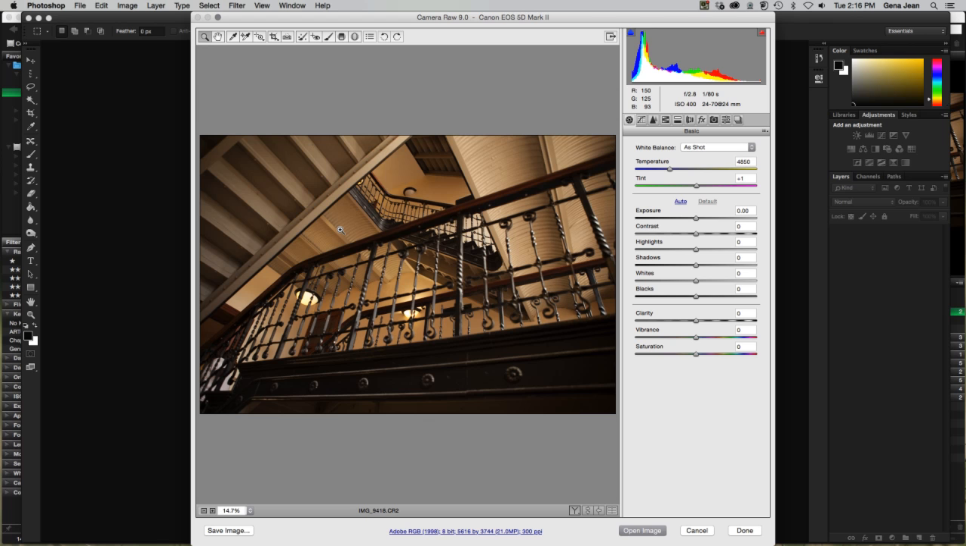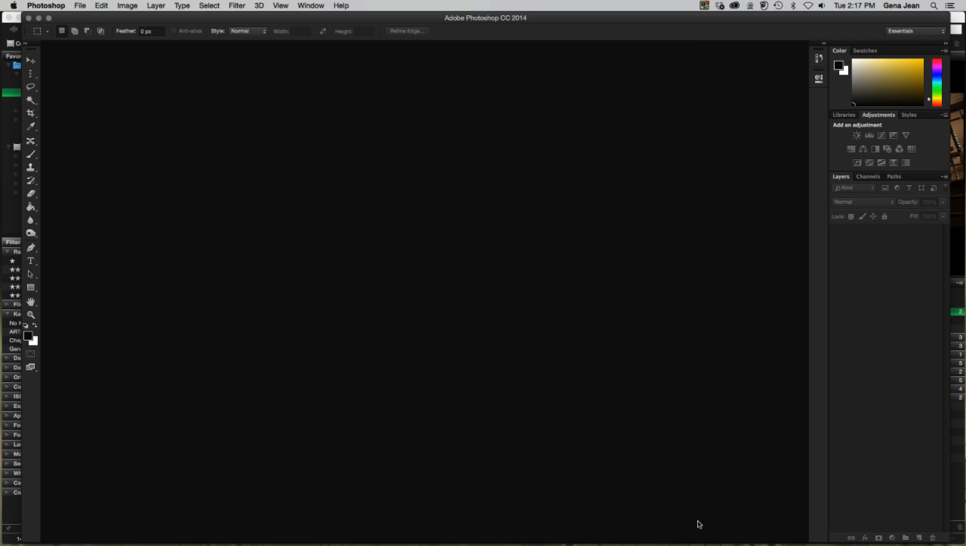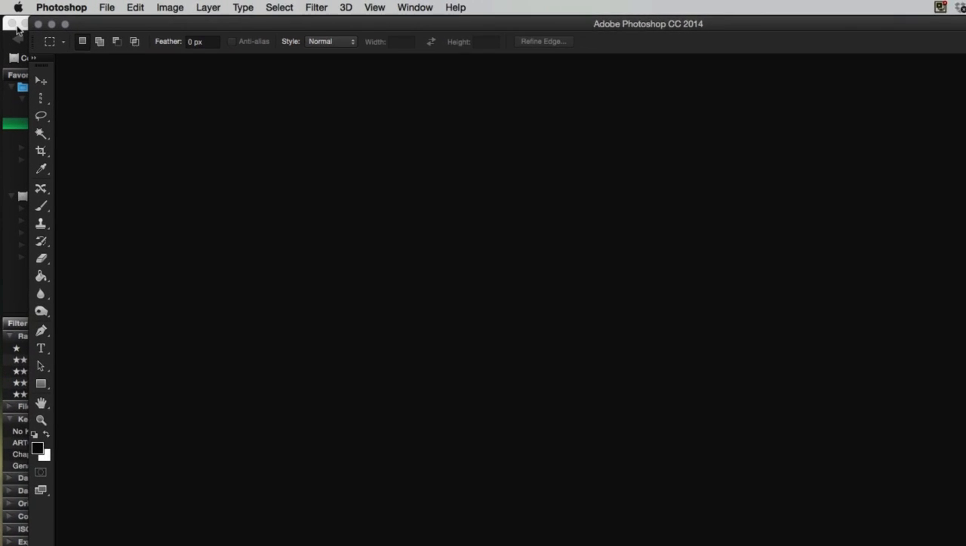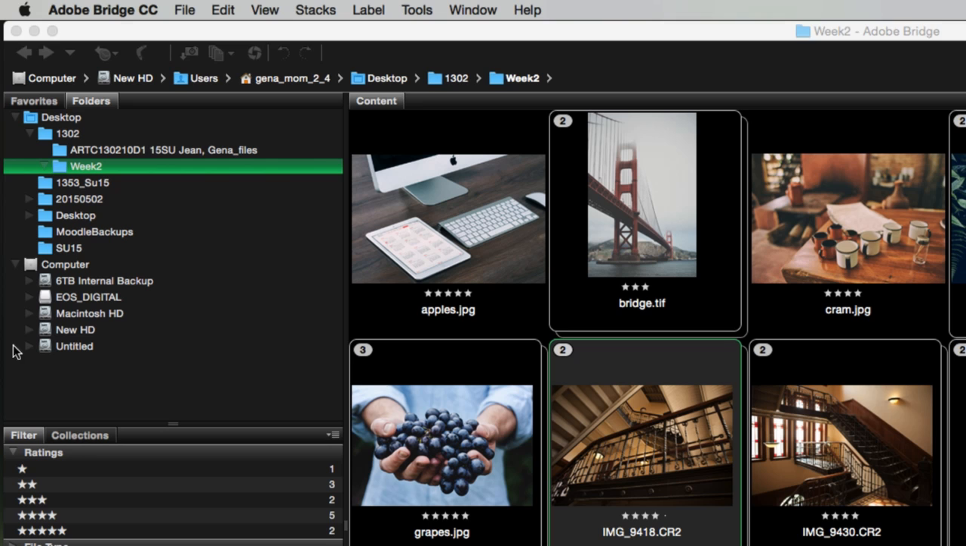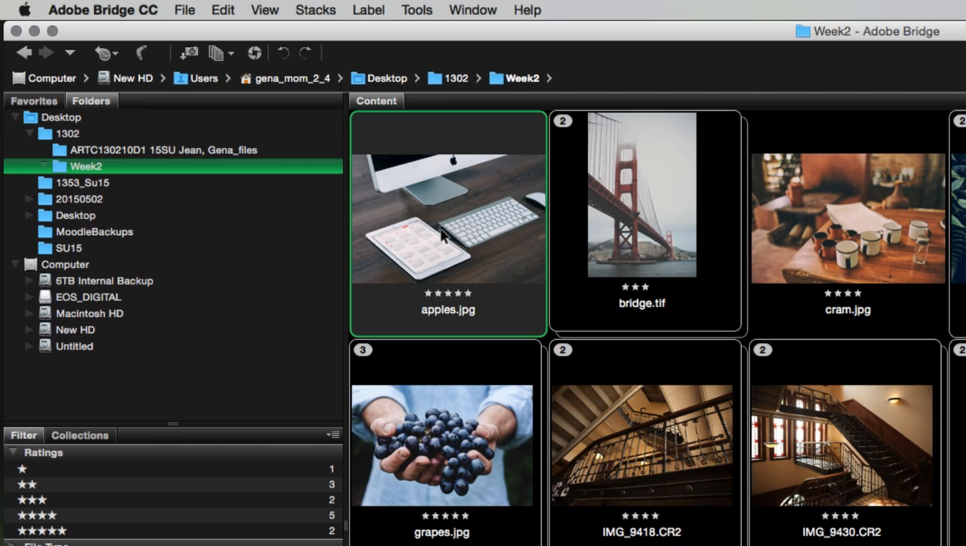Camera Raw. If you want all of your images to open in Camera Raw first, then you can set that up in your preferences to where TIFFs and JPEGs go through Camera Raw before opening in Photoshop. I'm going to cancel that. Go back to Bridge. Now, if you have a file like a JPEG that can be opened in multiple different